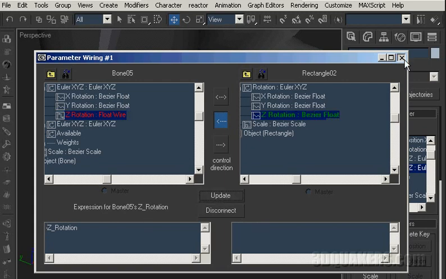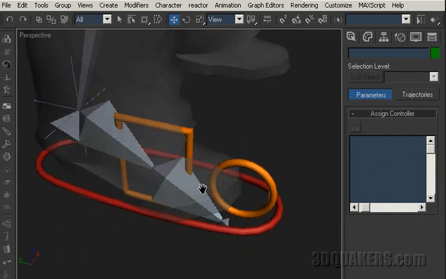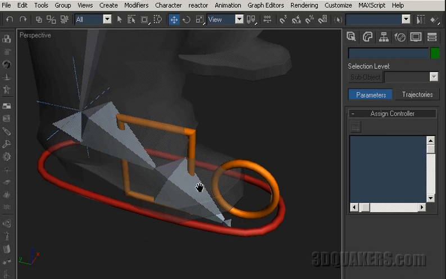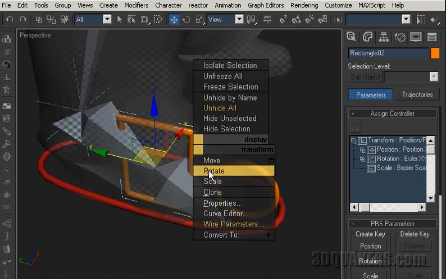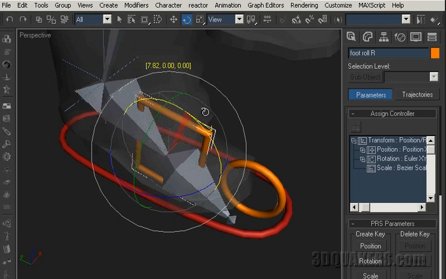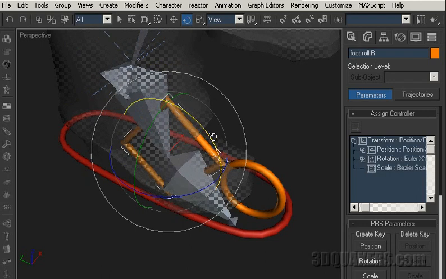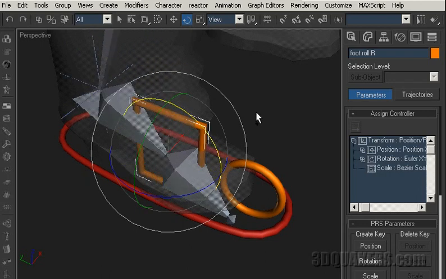And now I'm going to close this, and I'll see that this bone, the foot bone, rotated a little bit downwards, and I'm going to fix this in a second using the second Euler XYZ controller. But first let's test the rotation. I'm going to call this rectangle foot roll right. Okay, so I'm going to select it and rotate in the X axis, and here I will see that my foot bone is static in a way, but what I have to do next is go to my left view,